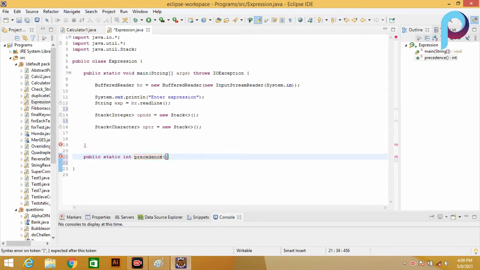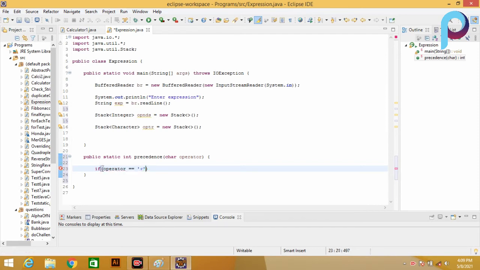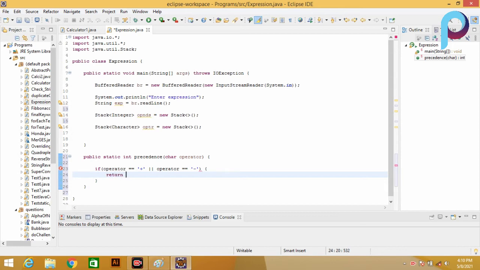Precedence, which takes a character type input, operator, and in it we are checking the condition: if operator equals plus or operator equals minus, we return 1.